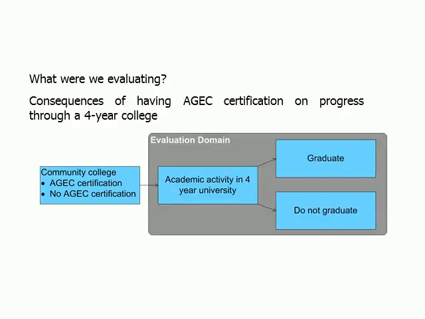As we began work, we confronted a foundational question. What were we evaluating? The answer was that we were evaluating the effect of having AJAC certification on progress through a 4-year college. We had no data on students' activities while they were at community colleges. We only knew whether they had AJAC certification or not when they transitioned from a community college to a 4-year